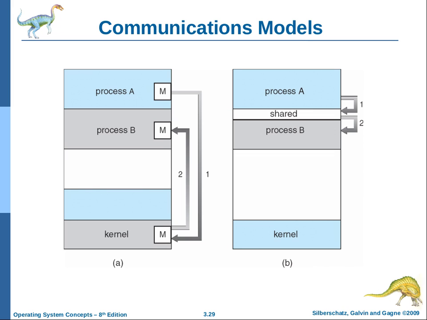All right, communication models. What were these two communication models? Message passing and shared memory. Well, since it's on there, what are the advantages or disadvantages between these two? Message passing requires going through the kernel, which takes longer. And shared memory requires a larger memory allocation, and you usually have to set it up beforehand.